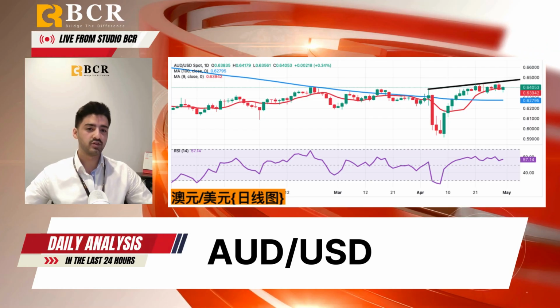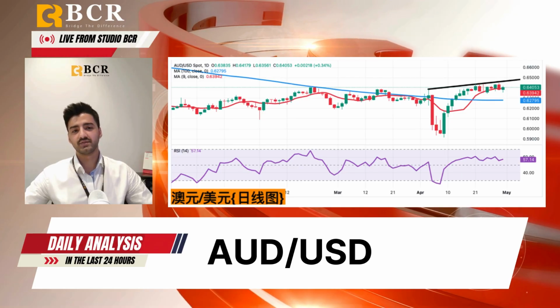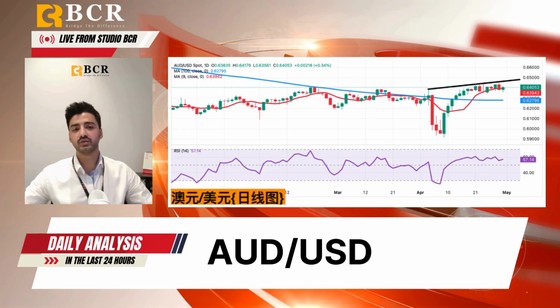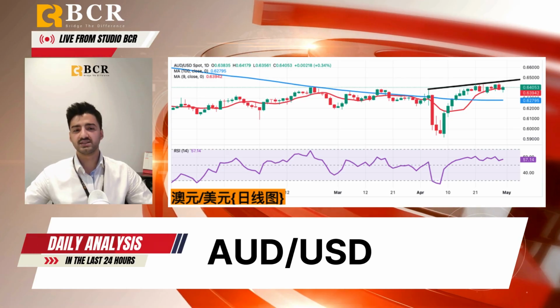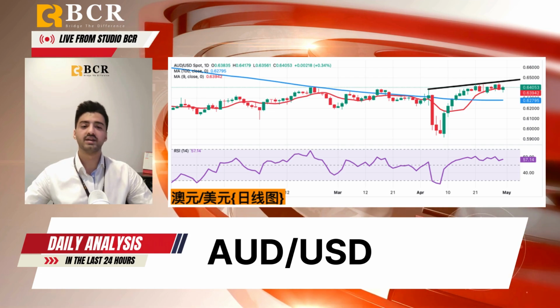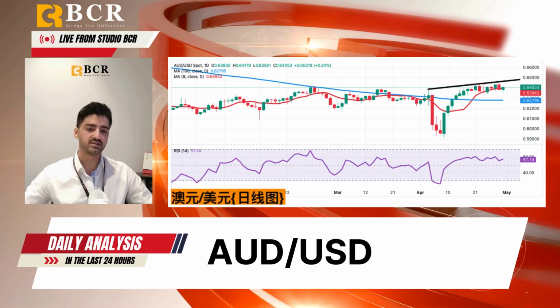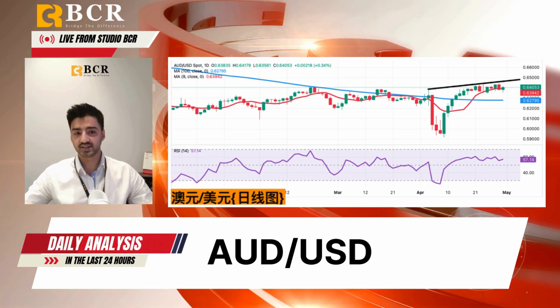From a technical view, the Australian dollar is still above its 14-day SMA at 63.75 and RSI is trending above 55, showing healthy upward momentum. Price needs to break through resistance at 64.49 to extend the rally. A close above there opens doors to the 64.62 mark, which is the 200-day SMA, and potentially 65 cents.